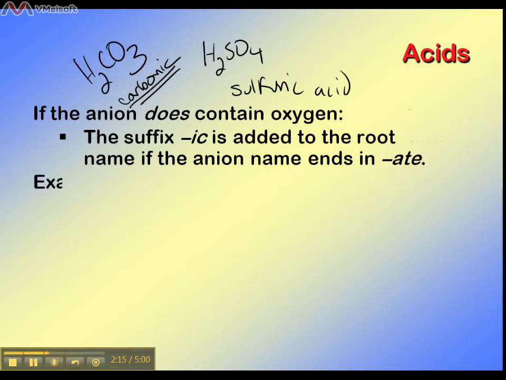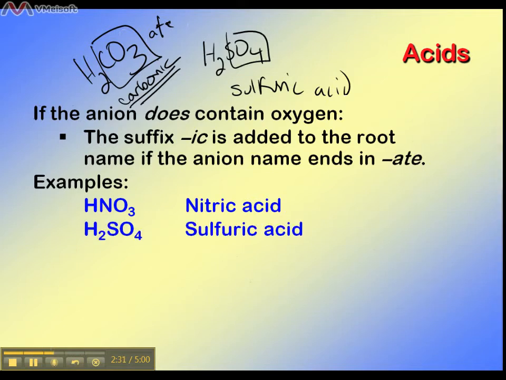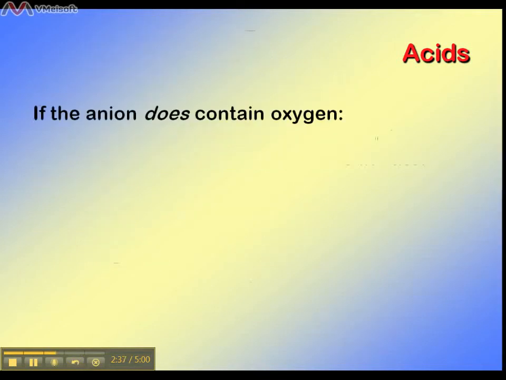Alright, so please note that as you're looking at these examples, this is the carbonate ion, that is "ate". This is the sulfate ion, and we'll go to a couple rules of a little bit differences when you're using the ites and all that kind of stuff. Alright, let's see. Okay, if the anion does contain oxygen,